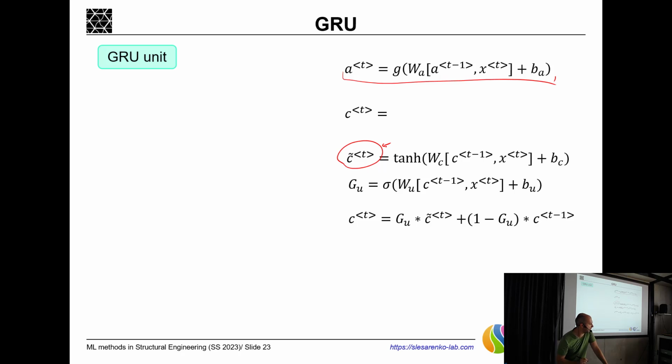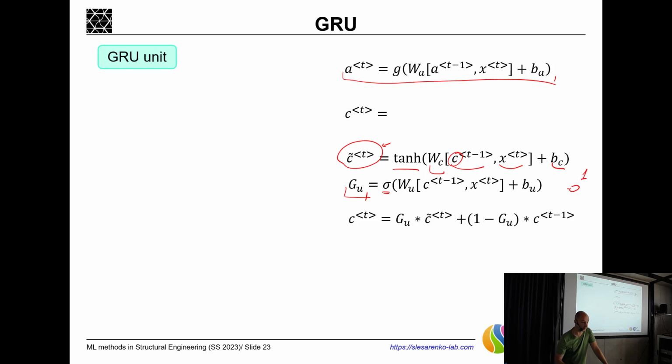It's, I would say, a probable replacement. Let's call it like that. It's calculated as a nonlinear tanh of another weight matrix based on the previous information, on the previous C, in this case, X and BC. Then there is another thing. It's called a gate, in this case, the update gate, that takes the sigmoid function here, and actually that means that it's